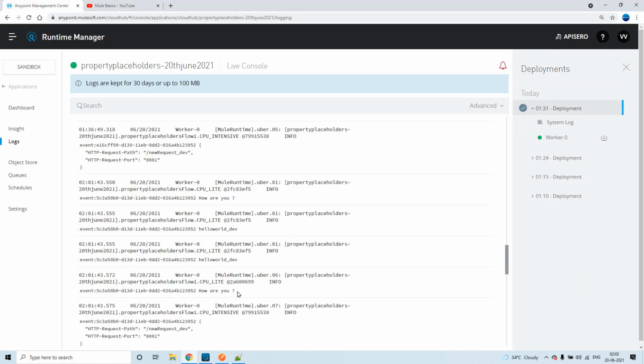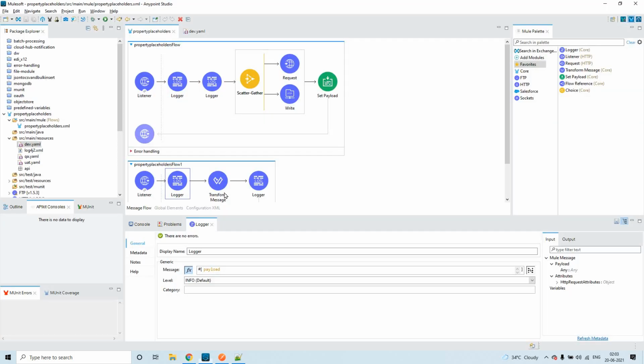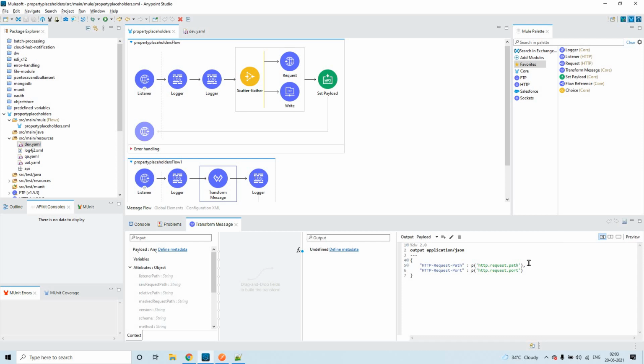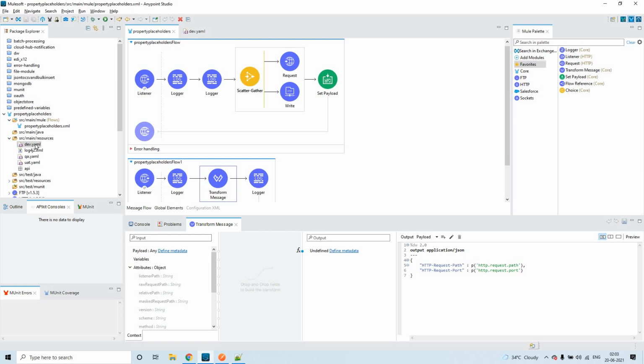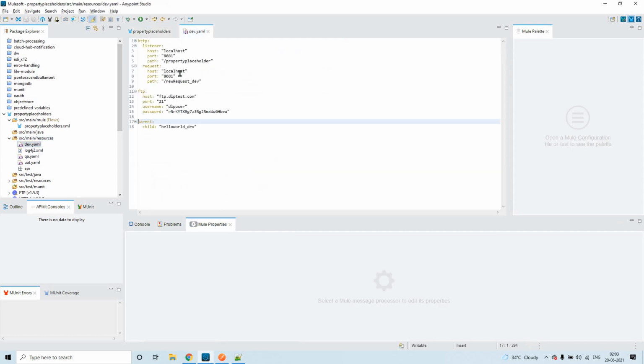The payload is getting printed once again, and after that we are setting the transform message, where we are fetching the HTTP request path and port. Here the request path value is new request underscore dev and port is 8081. If you cross verify with this dev.yaml, you see here new request underscore dev, and also the port is 8081. Okay, this is fine.